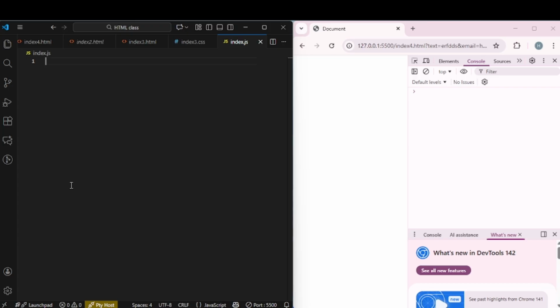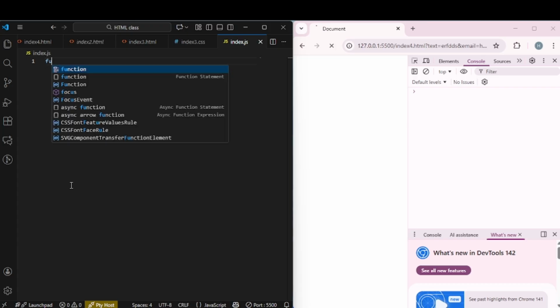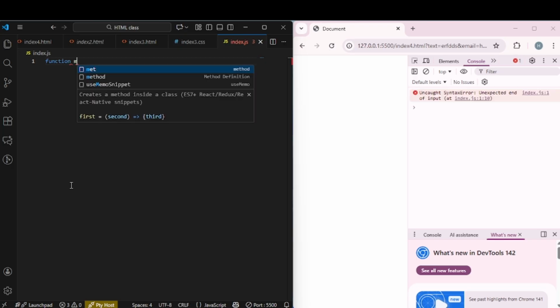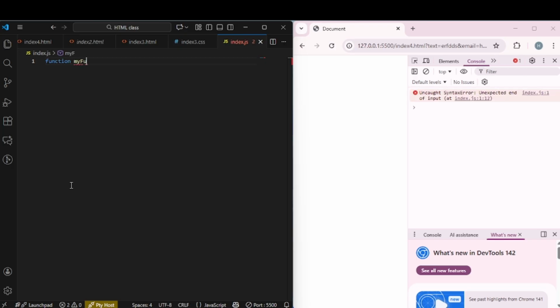Hello, welcome once again to this tutorial. Now we'll be diving into functions. Function, as we all know, we have something like this. Function, my function,